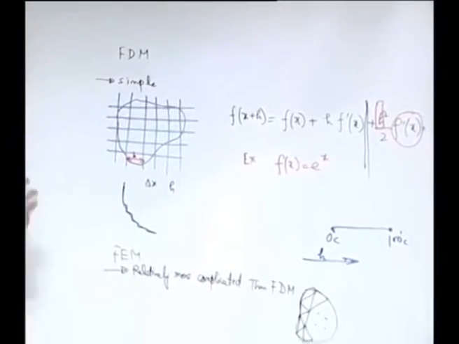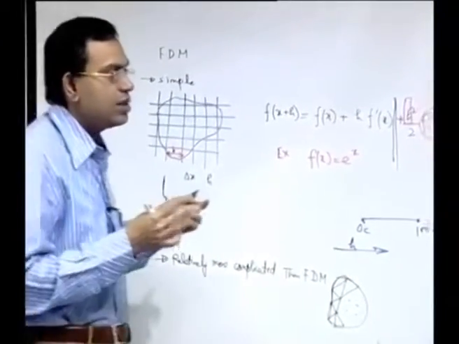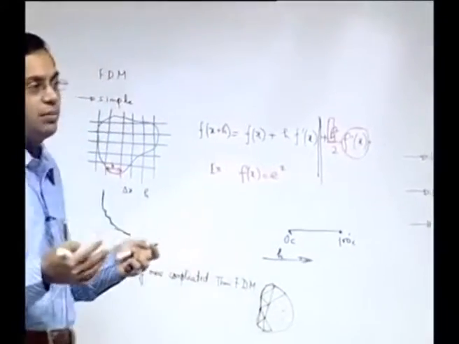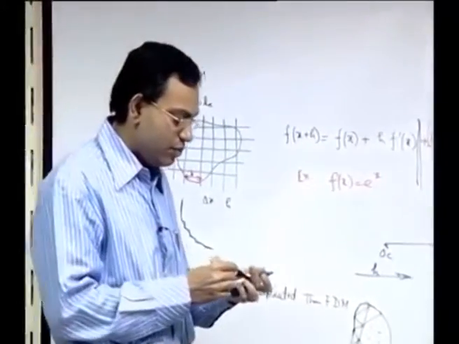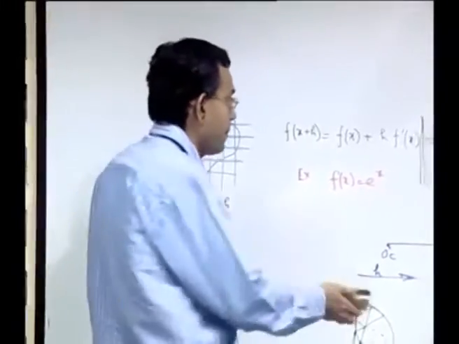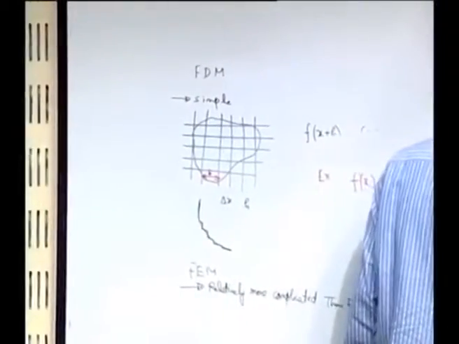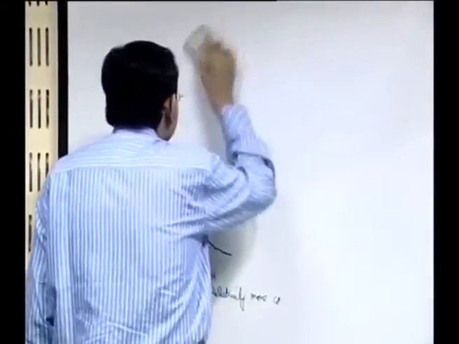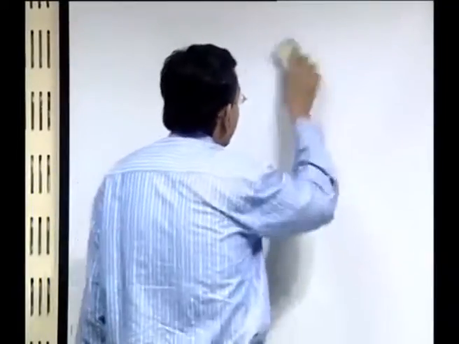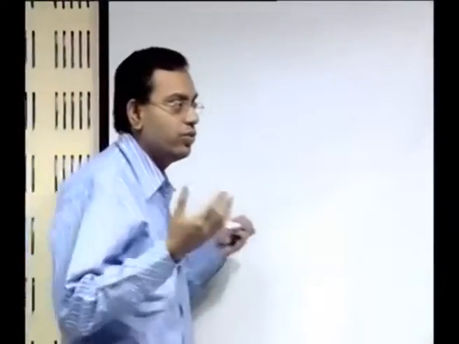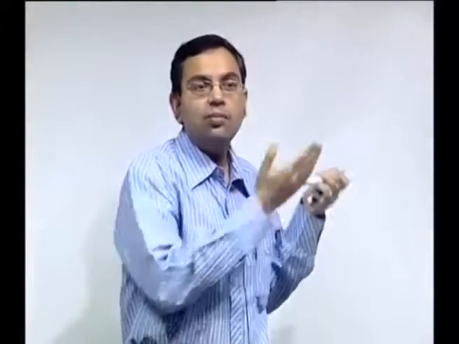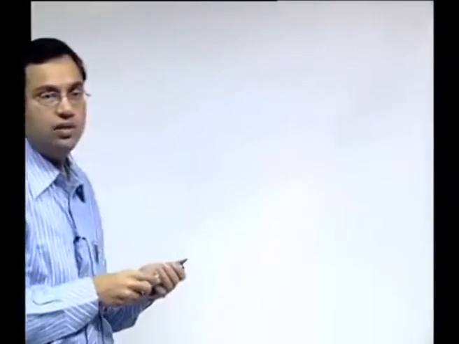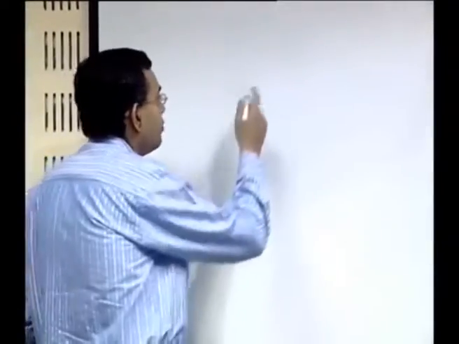So, with these advantages and limitations of the finite difference and finite element methods in mind, we will move on to the next method, which is the finite volume method. We will first state simply what the finite volume method does, what its basic philosophy and basic principle are, and then try to assess it in comparison to the methods that we have learned before this. So, the finite volume method.